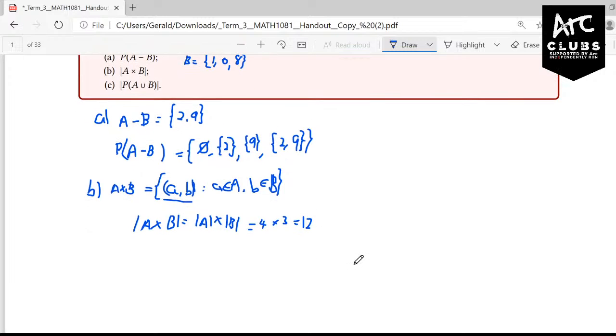Cool. Is everyone good so far? All right, for part C,